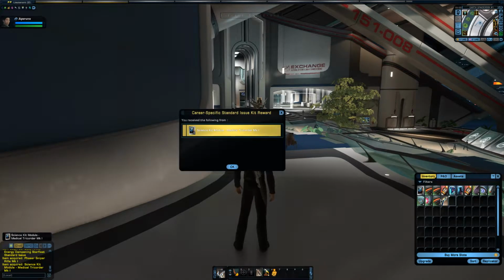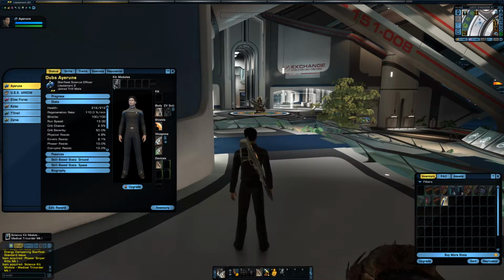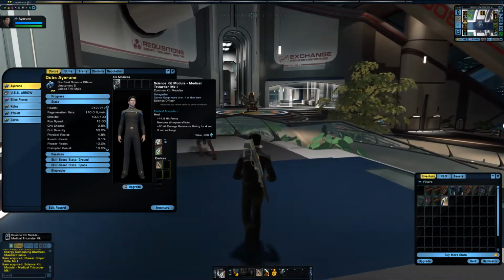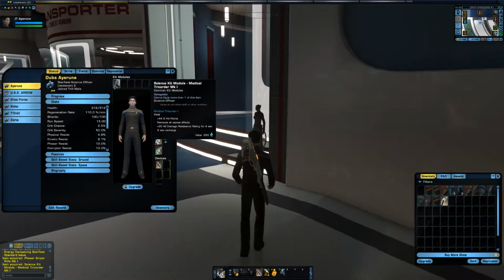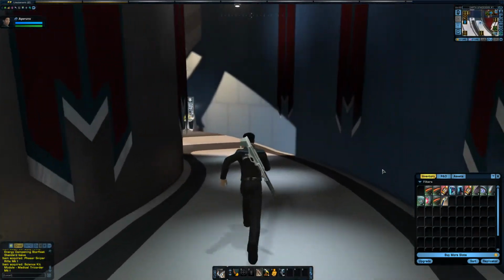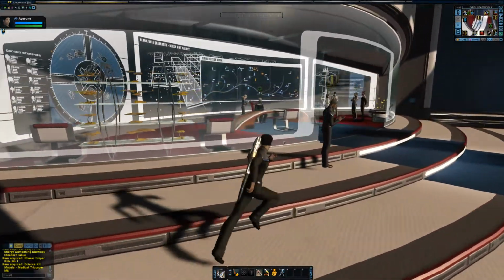What is this? Oh, a science kit for myself. So this gives me a new ability. It is a medical tricorder. It's a heal, removes all exposed effects, and plus 20 to all damage resistance rating for 4 seconds. So typically, during the tutorial experience, we'd come into the Admiral's office and we'd talk to him, but